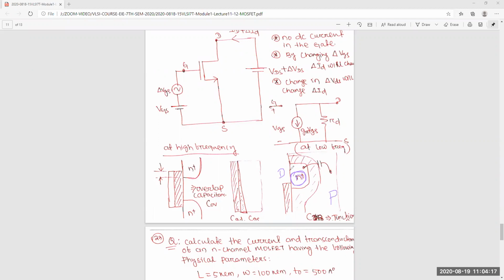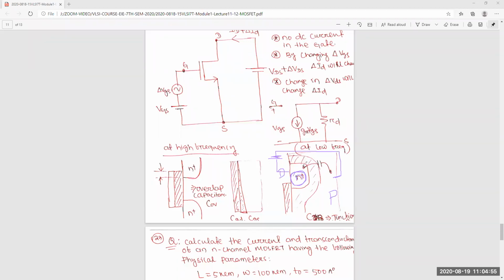When you are operating the transistor, you are giving a positive voltage to the drain and a negative voltage to the bulk. Source and bulk are connected, so that is drain to bulk or drain to source. See, this is N, you are giving a positive voltage. This is P, you are giving a negative voltage. What happened? Is it reverse bias or forward bias? Reverse bias. Once reverse bias is there, then a depletion region will happen or not?